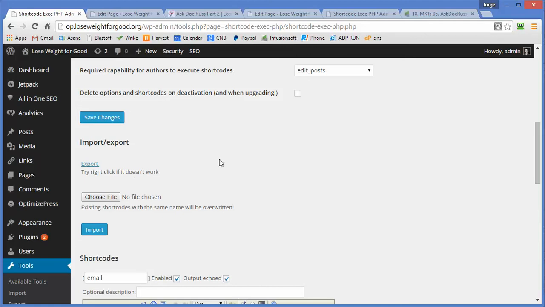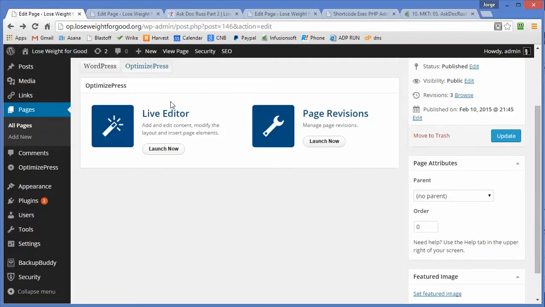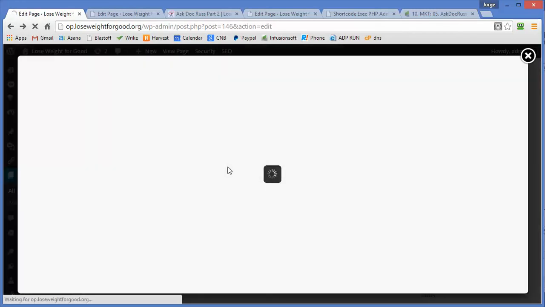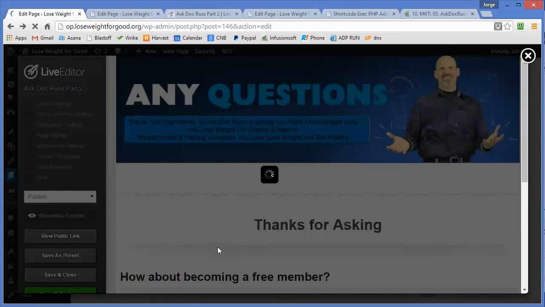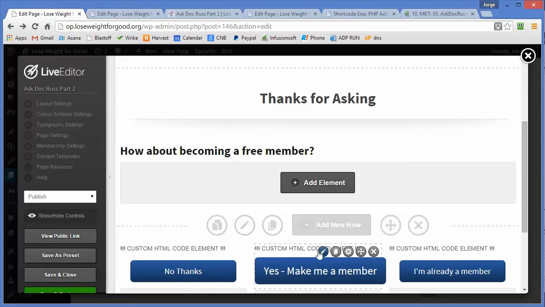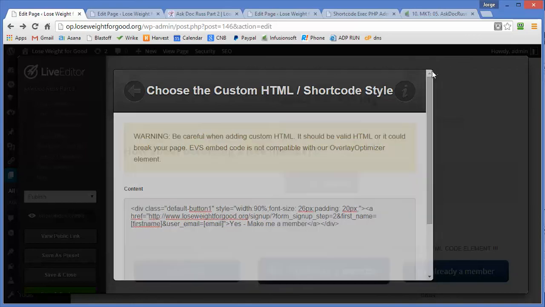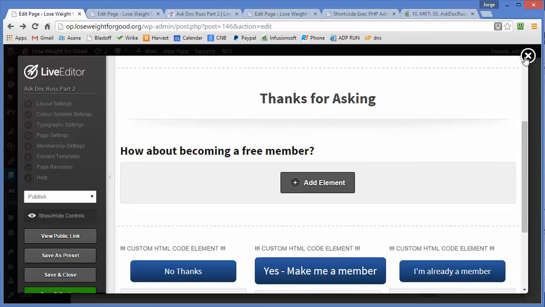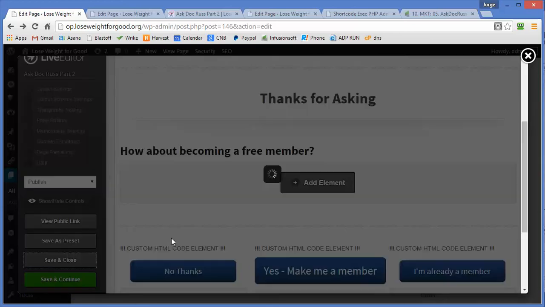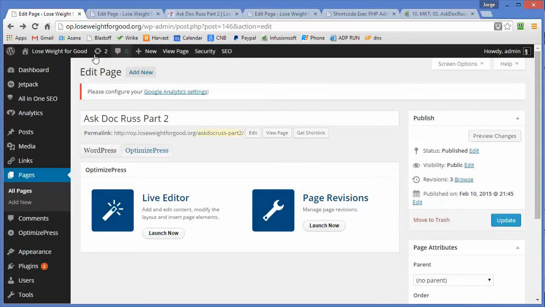So again, nothing real scientific here. This just is the way you have to do it because the editor is a little picky there on us, and what it wants to do is to always munge the PHP code. So again, this comes up in here and it processes these fields. So I'm going to close this here, save and close, even though we didn't really change anything, and I'm going to go back and let's go to